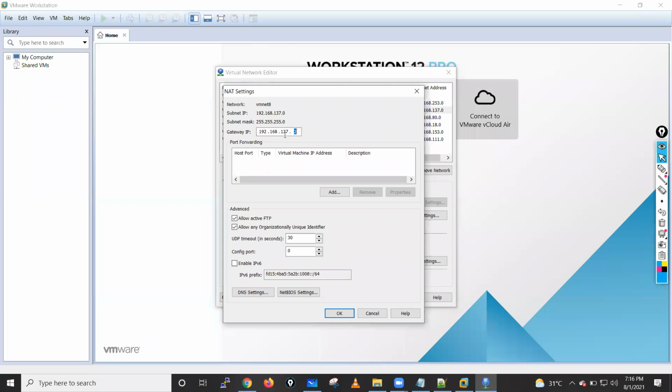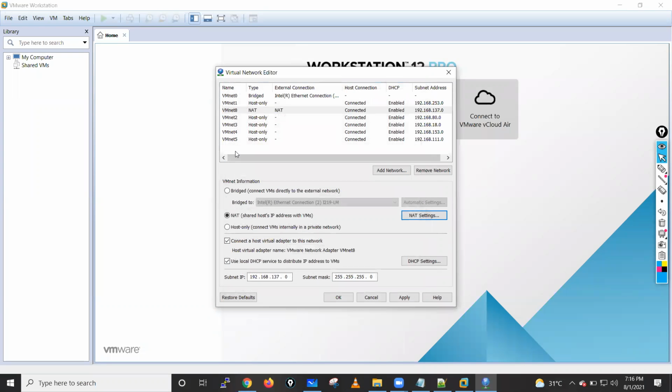Okay, just select these options, click on OK. After that, just go into VMnet 2, or just go now into VMnet 1. Select the host only connection here. Select the host only connection and just configure the IP address here, which is